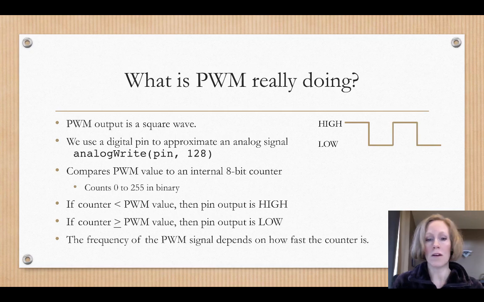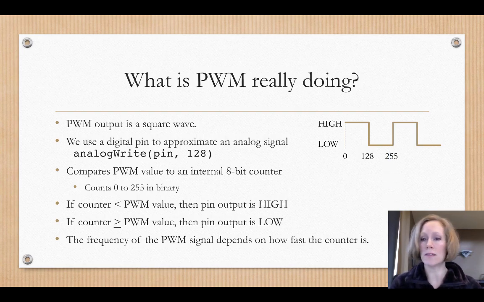So you can see up in the corner that I have a diagram of a square wave and the frequency of the wave. How many cycles per second of the PWM we get depends on how fast this counter is. So if the counter is going through its 8-bit counting really quickly, then I'm going to have a faster cycle there. I'll have more cycles per second. So from 0, it's high up until I get to 128. And then at 128 it switches to low, and then it's low until 255, and once the counter resets to 0 it goes high again, and so it just keeps doing that over and over again,